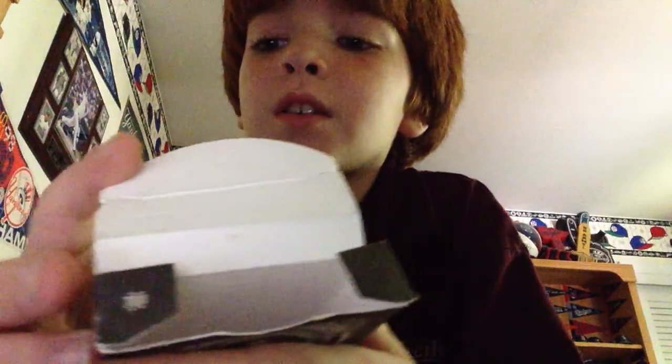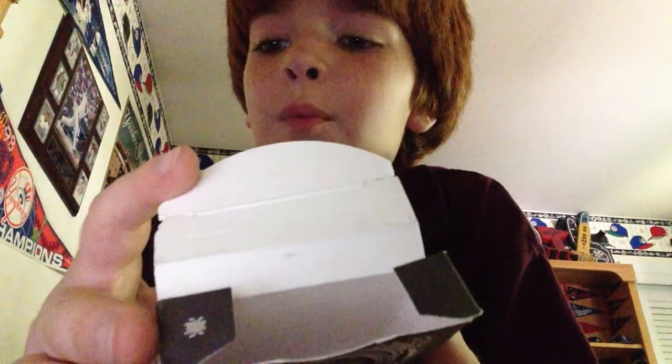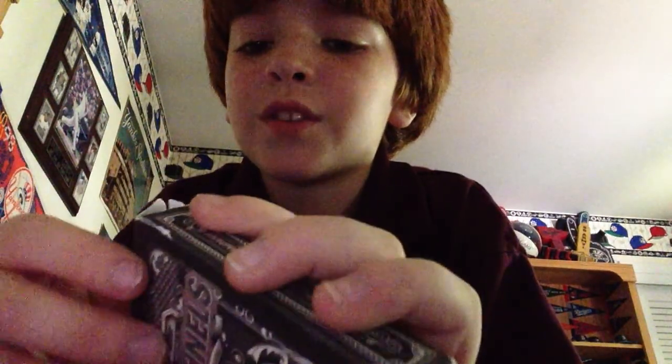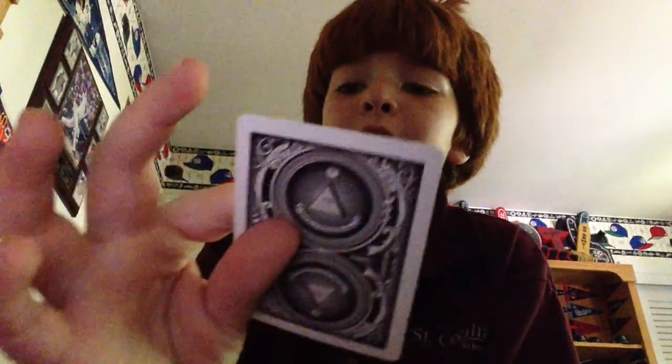Oh, right, hold on, I forgot something about the box. And then a double backer here. So the box on the inside flaps. Mine is kind of ripped, but it's tarnished, but it has a bug there, because people sometimes say there's a bug on the dollar bill, and this kind of reminds me of the dollar bill, like the Masonic thing. Anyway, ad card with normal back, a double backer card,